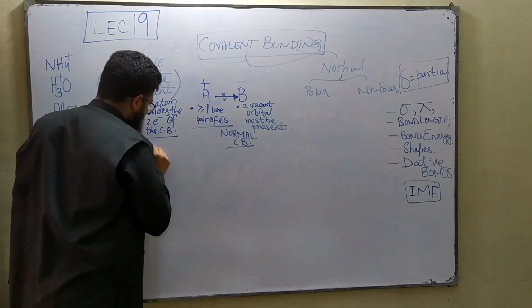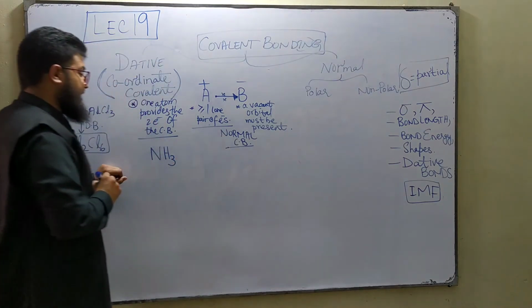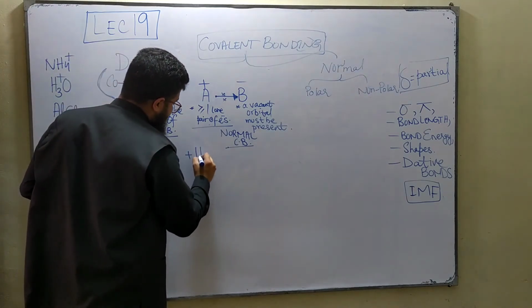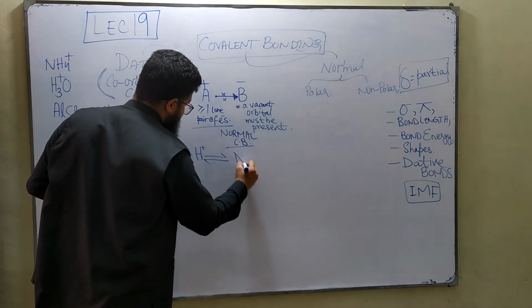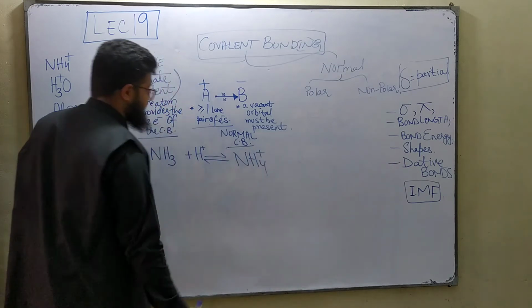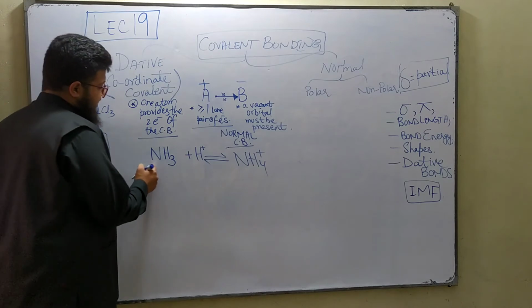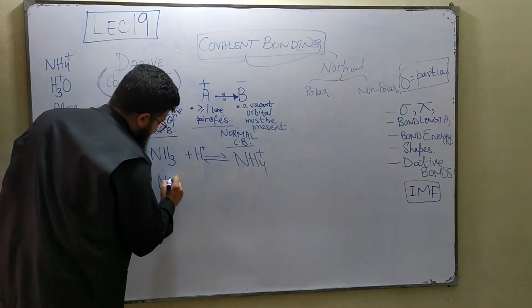How is an ammonium ion made? You've heard of ammonia gas, right? NH3. When NH3 combines with H positive ion, it can form what? Well, this is a reversible reaction. It can form ammonium. Now what actually happens is that the nitrogen of ammonia has a lone pair